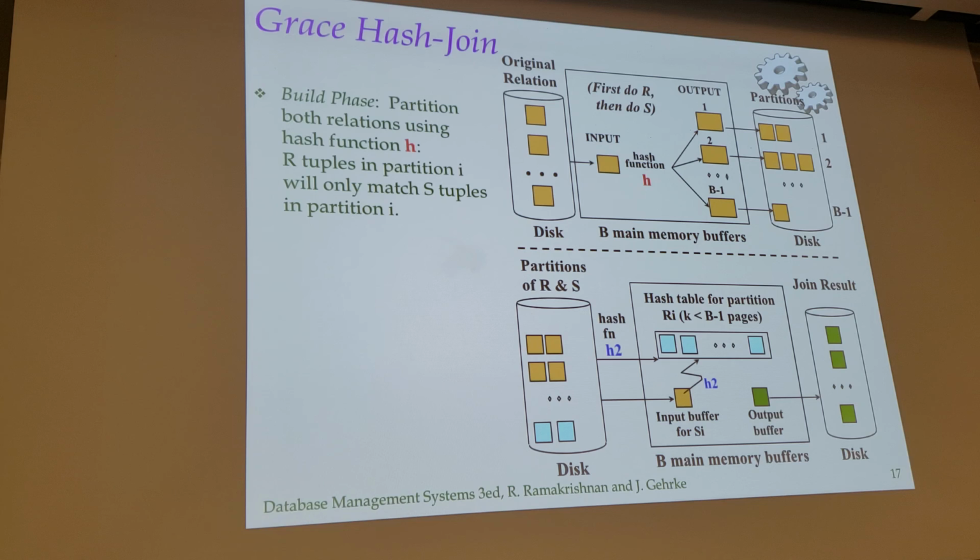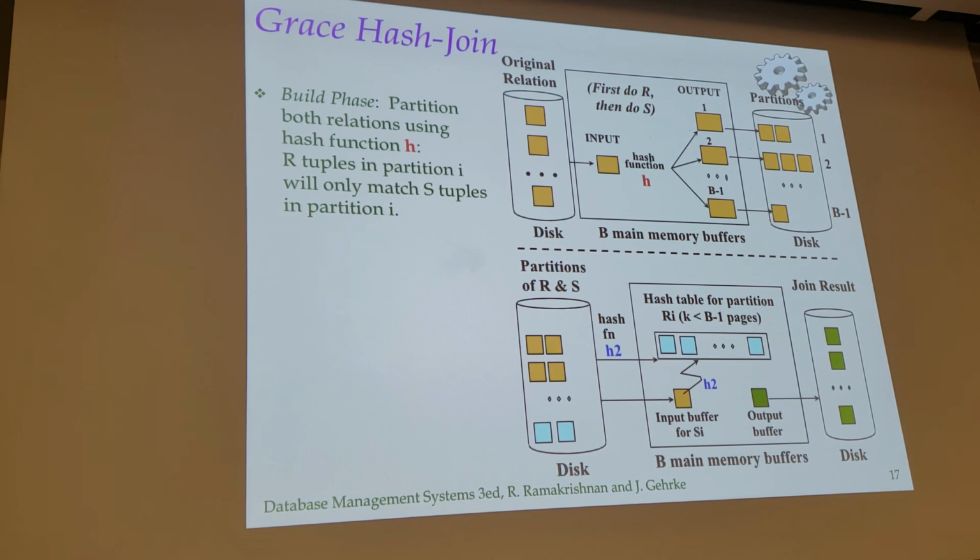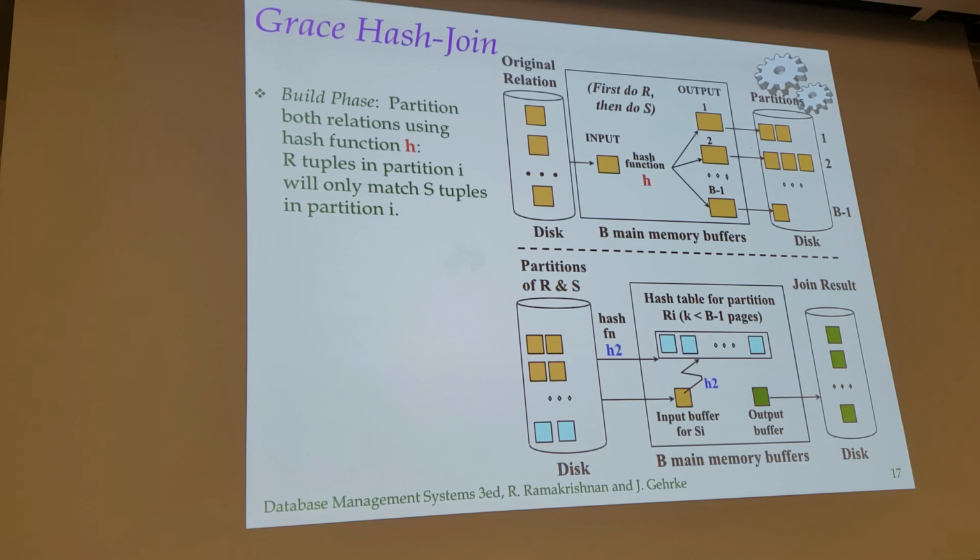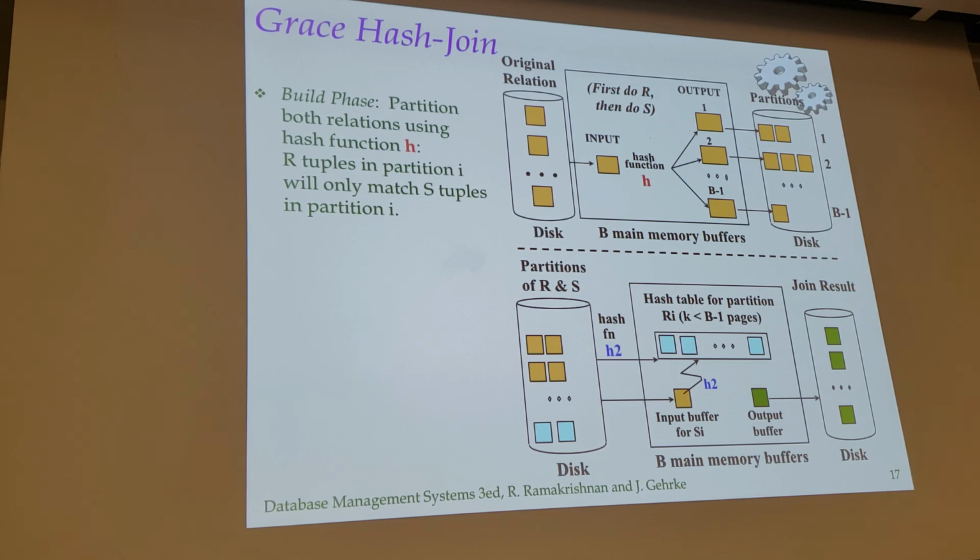And in the build phase, what you're going to do is build hashes. But not just for one of the relations. You're going to use the exact same hash function, which, with my usual lack of imagination, we're going to call H, on both R and on S. Okay? So I will use my hash function. I'll have a given number of values. Let's say there are B minus 1 different values that I will use, which here are listed as 1 through B minus 1. If you wanted to call them 0 through B minus 2, you could, but that doesn't matter. It's the same deal. So you're going to build something where there are B minus 1 values of your hash function. And you're going to hash R, and you're going to hash S. And what